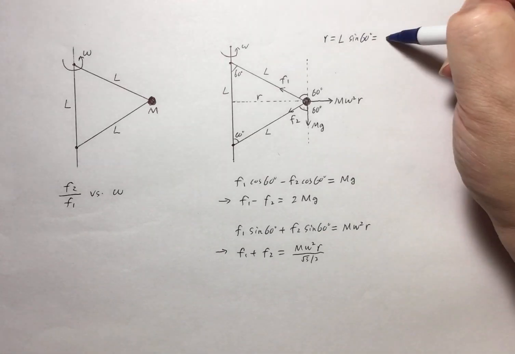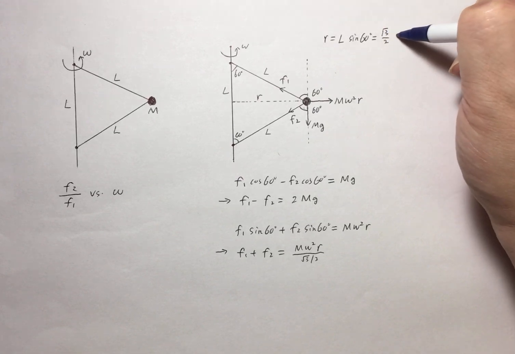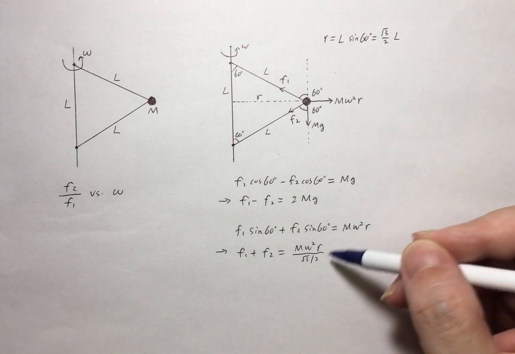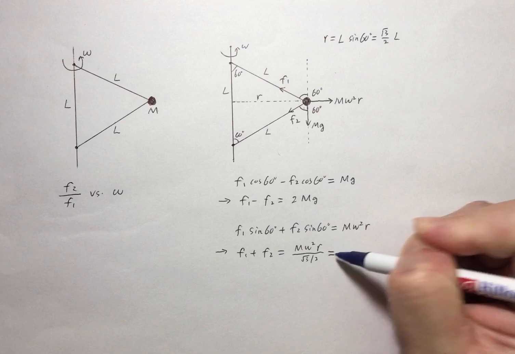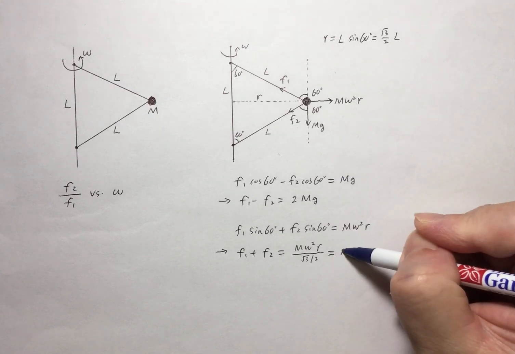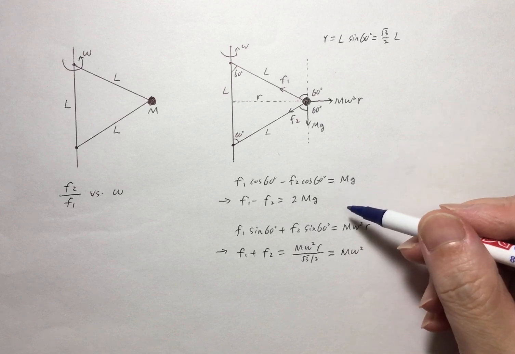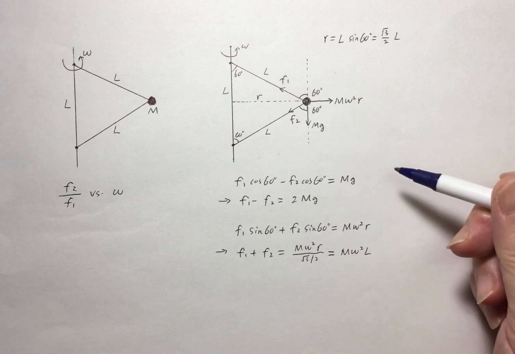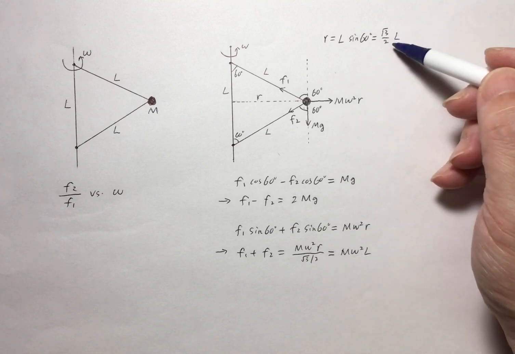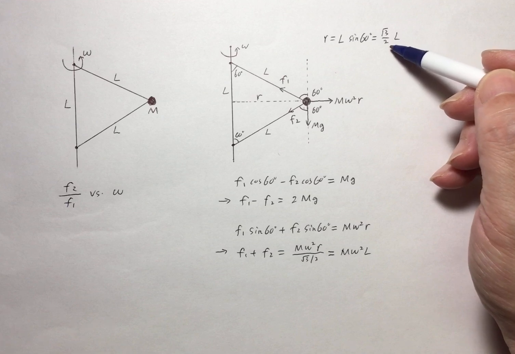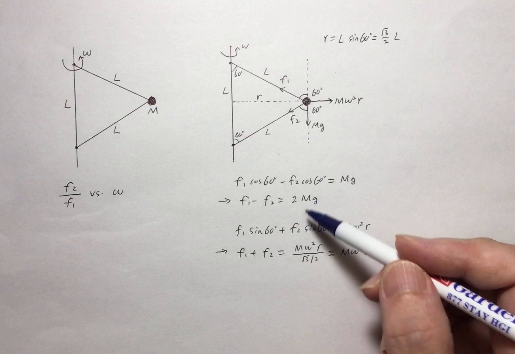So R is square root 3 over 2 L. So we plug R here, and we have m omega square L. Let me double check. Yes, it's m omega square L. So now from these two equations,